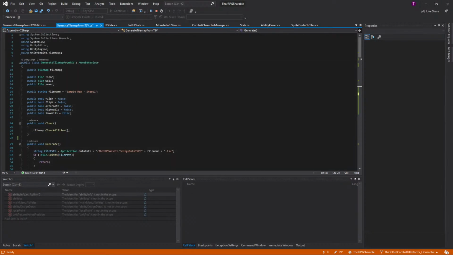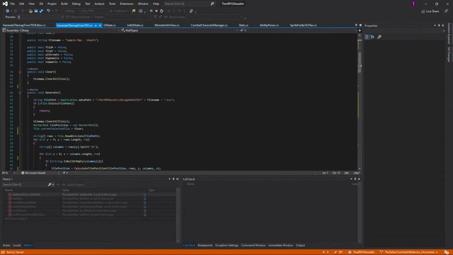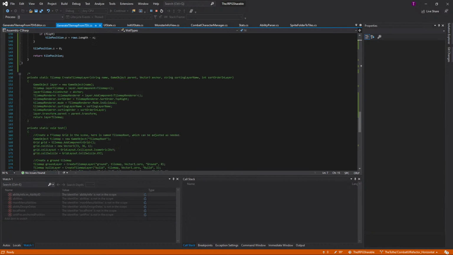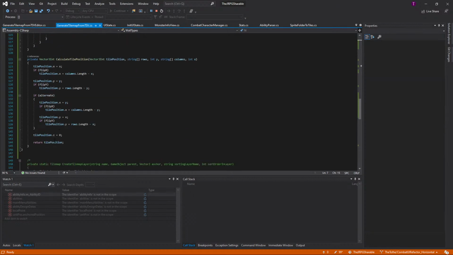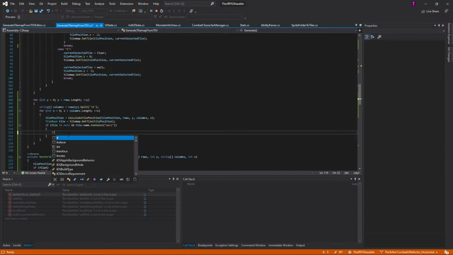For now, we'll stick it at the top of the file, but we should put it in its own folder because it might be useful for other things later. But we're working quick. If the tile is not null and the tile's name contains wall, then we want to check if,